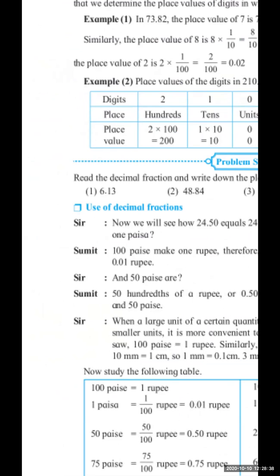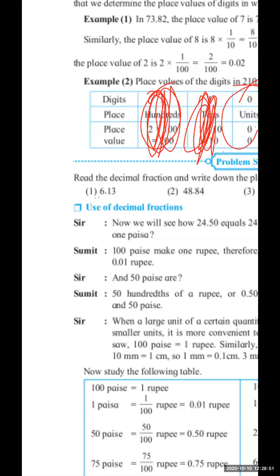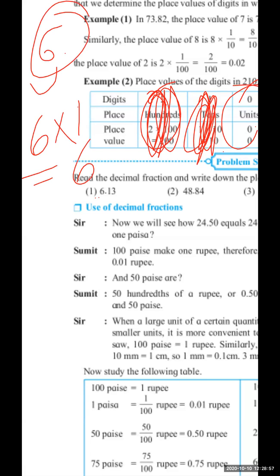Okay. So यहाँ पे लिखोगे 6 on the 10th. ये कॉलम तो नहीं आएगा 100 का. ओके, टेंस का भी नहीं आएगा. 6 कौन से प्लेस पे? यूनिट प्लेस पे. करेक्ट? यूनिट के प्लेस पे. So on the unit place 6 is there. So 6 into 1 equals to 6. So place value of this 6 is 6. So पहले कॉलम में ये आएगा.